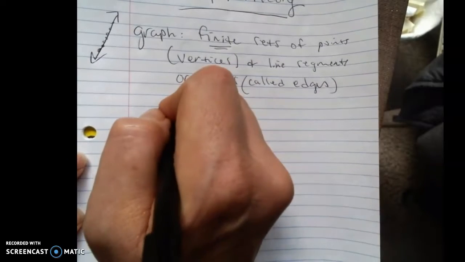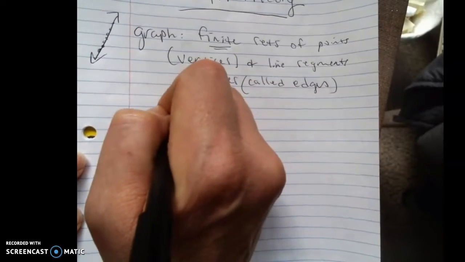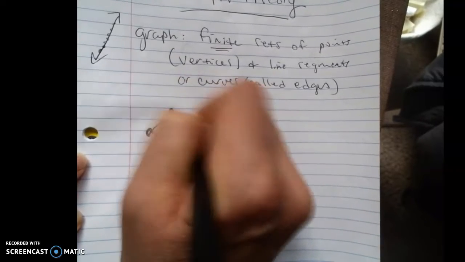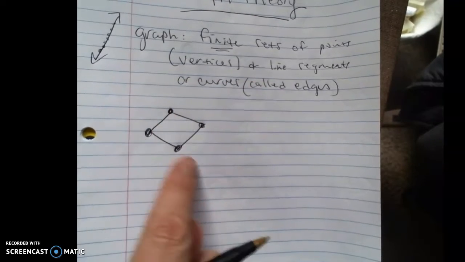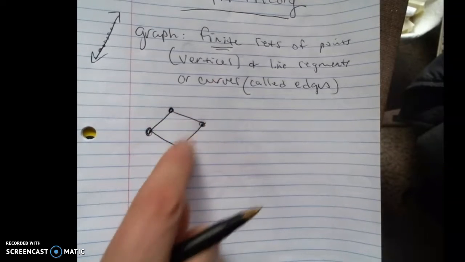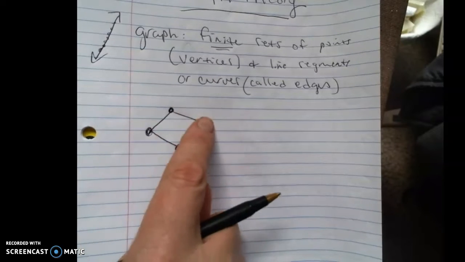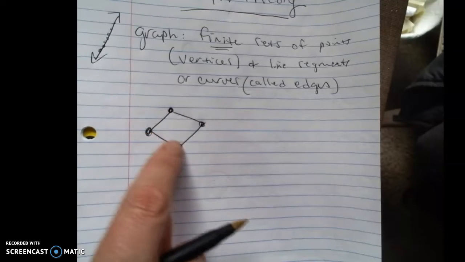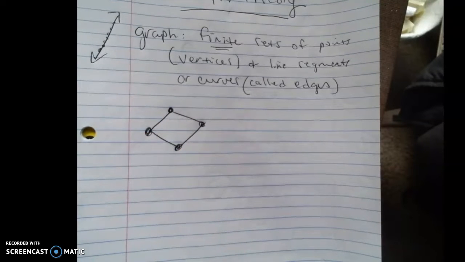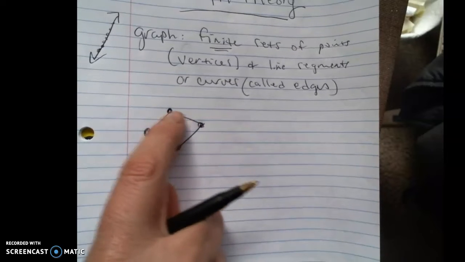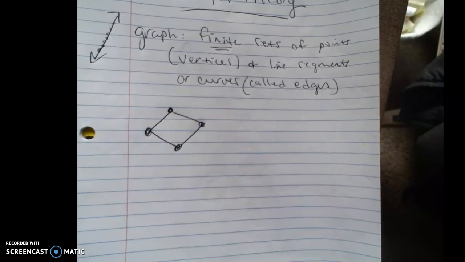So for example, if I give you this, and maybe it goes there, and there, and there, and there, that literally only has 4 points on it, or 4 vertices. This just means there's a connection. Think of roads and cities. Here's a city, there's a road over here, another city, another city. The cities are kind of like your vertices. There's not infinitely many cities. The edge is more like a road or a flight. So a little bit different.